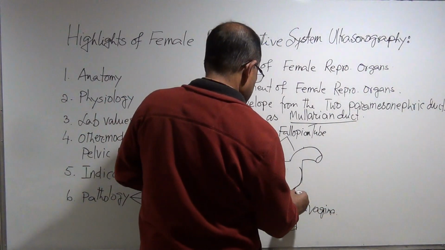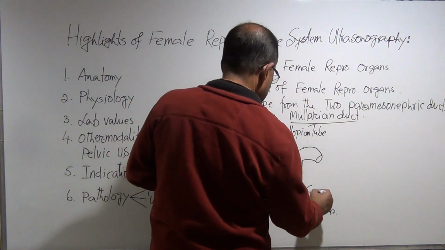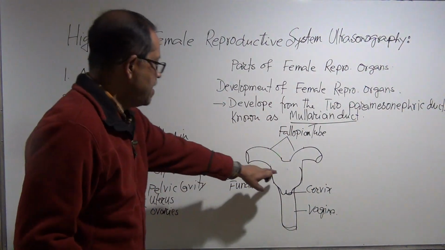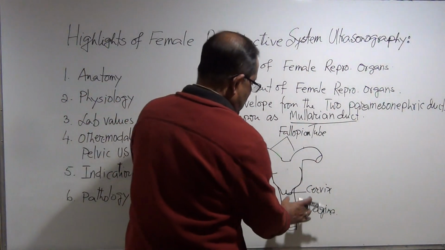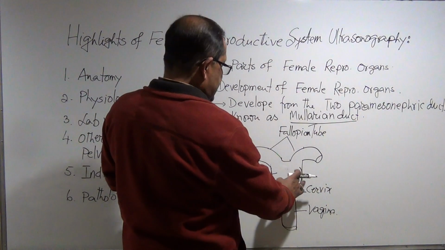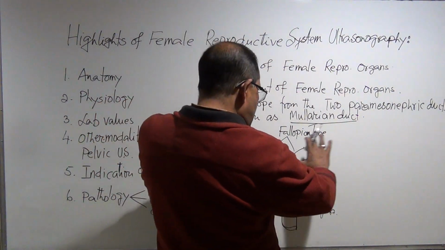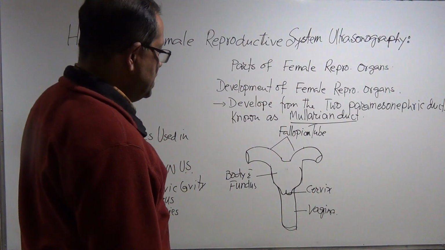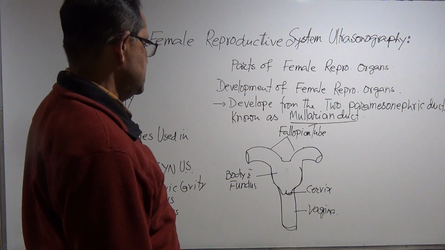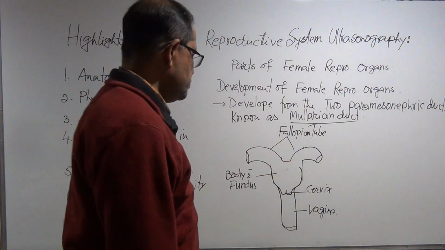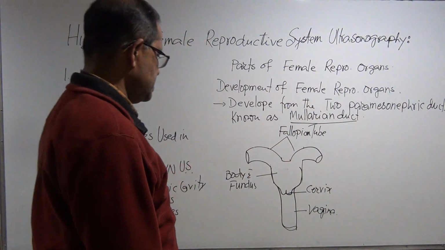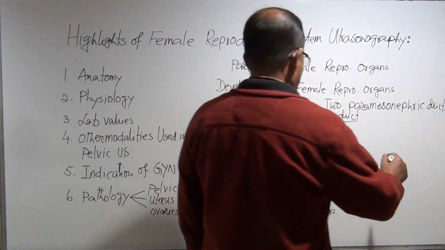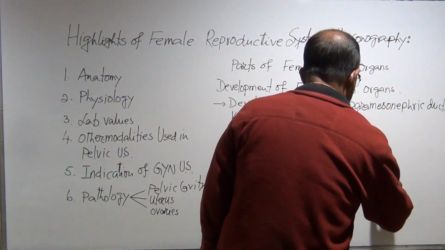So this is the cervix. The body and fundus is above, and below is the cervix, and then finally it will turn into the shape of the complete uterus, fallopian tube, there will be cervix, and there will be vagina. Now if I draw that diagram now,